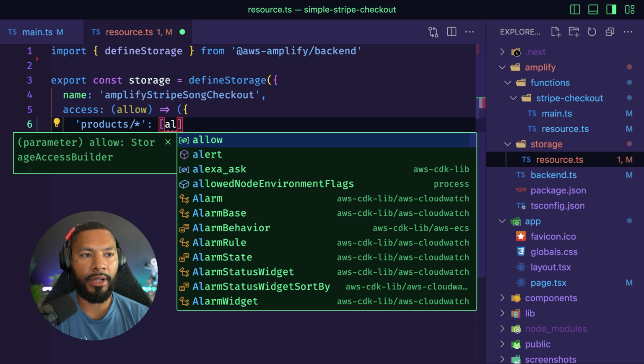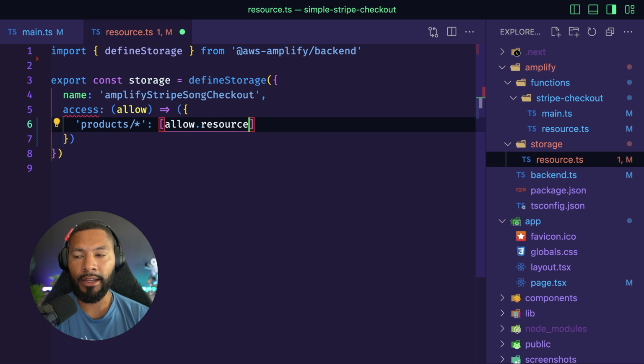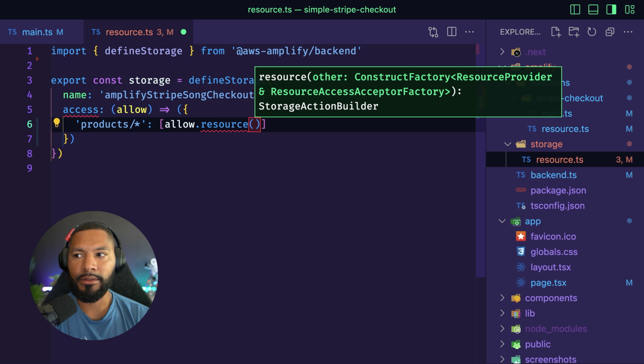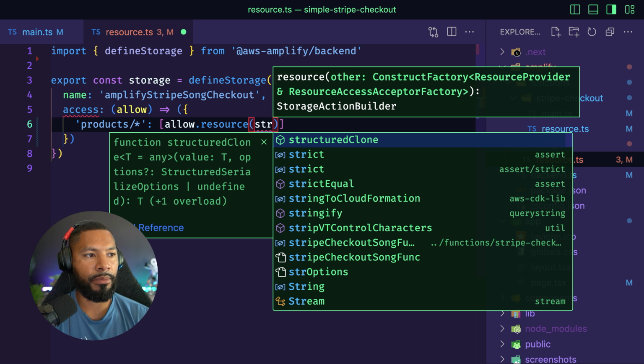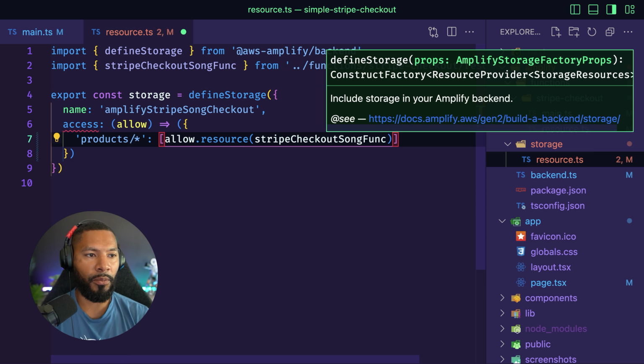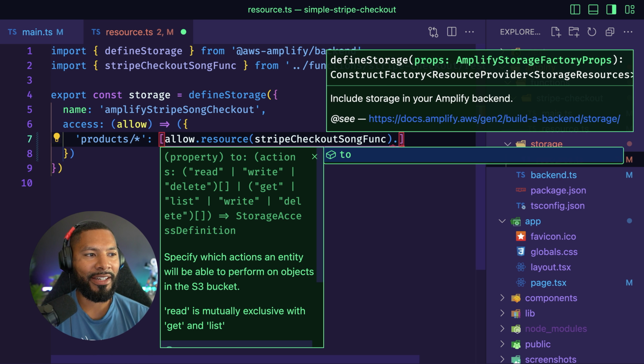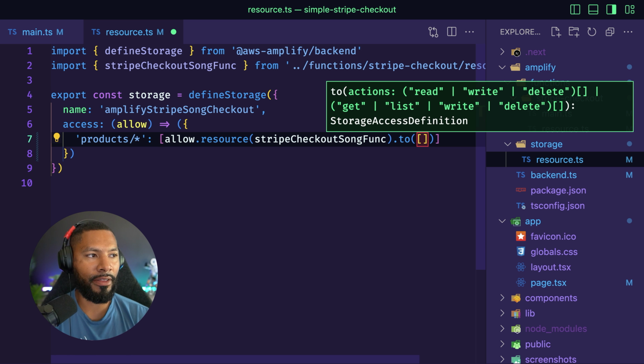I'm going to allow a specific resource. And it's like, what resource is that by chance? In our case, it is going to be this Stripe checkout function. And what does it have the ability to do? It has the ability to, and then I can pass it an array of all the things that it can